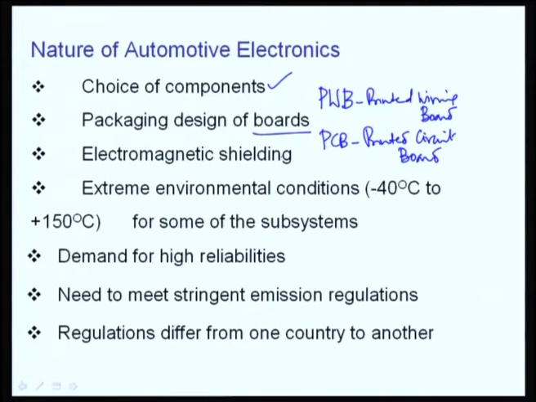Okay. So, these kind of design decisions a company or an industry or a design engineer should take at the beginning before even planning to look at the design aspects of the circuit. Then you have to take care of EMI, electromagnetic shielding, very carefully, because it is working under adverse conditions.